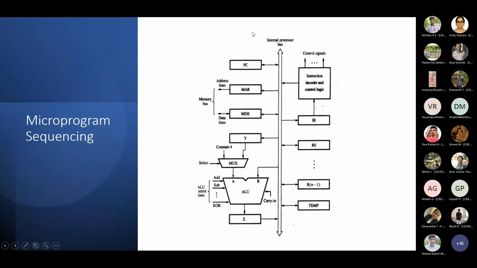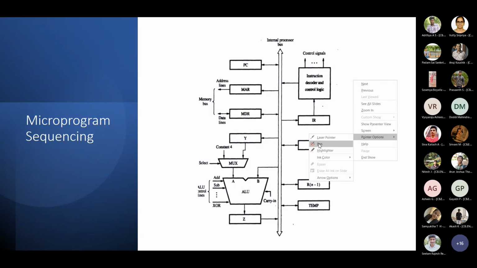So here the data path design, we have seen this set of registers. So the difference comes here in the control path design or the control unit design. Whether it is a hardwired control or a microprogrammed control unit, every difference comes here in the control logic design. So in hardwired control, we have already seen that the sequence in which the control signals, whether it is MAR in, MDR in, out, etc., all those in-out control signals are generated using some specific hardware circuits.